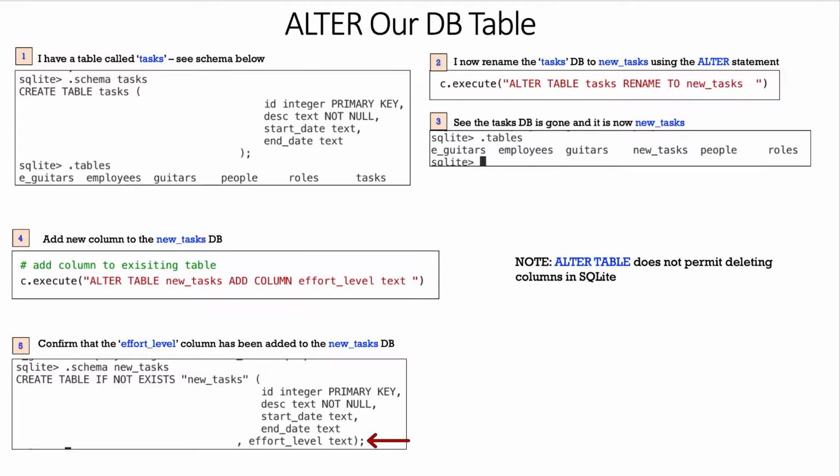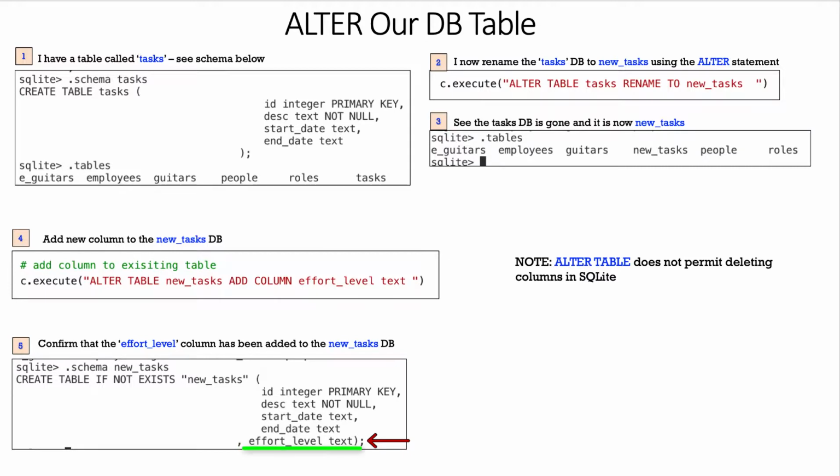So c.execute, alter table new_tasks add column effort_level, and it's of type text. In step 5, we can confirm that the effort_level column has been added to new_tasks. Again, we do a .schema new_tasks, and we see the very last field is effort_level, and it's of